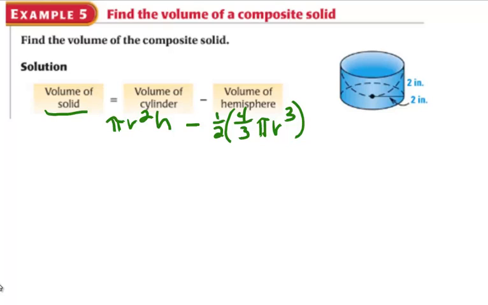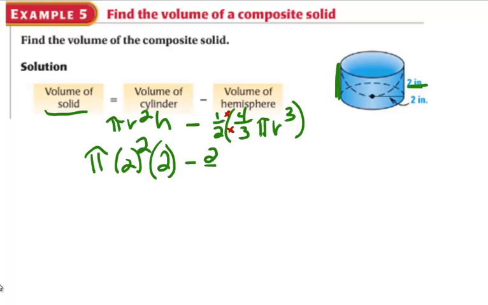The volume of the cylinder, so pi, and my r is 2 squared times the height. And this one right here is the height. Remember, the height is in between the two bases. So times 2 minus, now let's do the 1/2 times 4/3. 1 times 4, I'll show you what I'm doing. I'm going to do 1 times 4 right here over 2 times 3, and that's going to give me 4 over 6. 4 over 6 is going to reduce to 2/3,